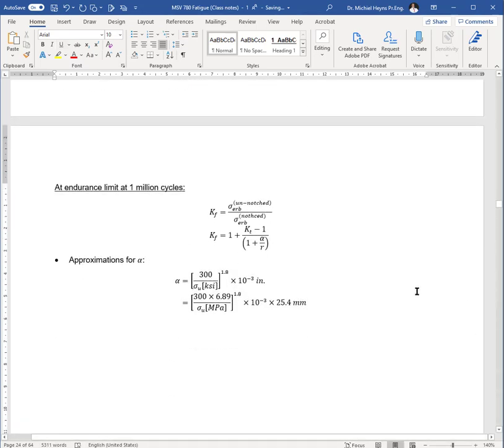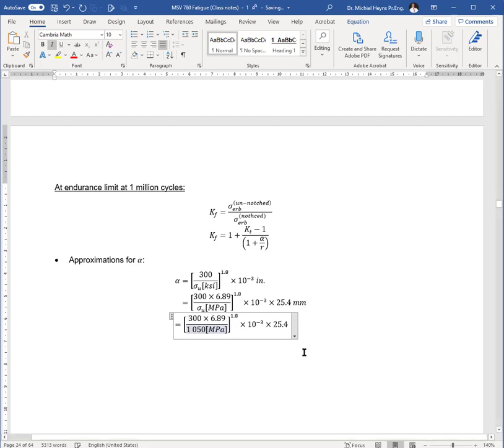In this case, we have a notch root radius equal to 4, but we first need to calculate alpha. So in this case, we can apply this equation here. So our value for alpha will be equal to exactly what we have there, Control C, but we will use 1050 here for sigma u,